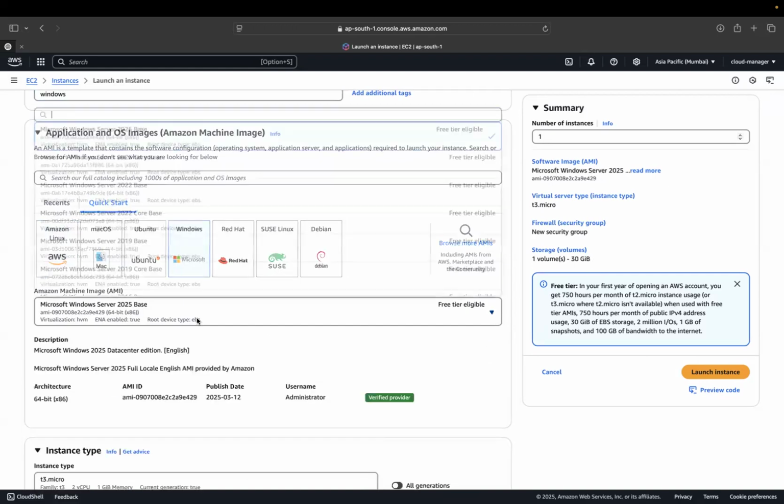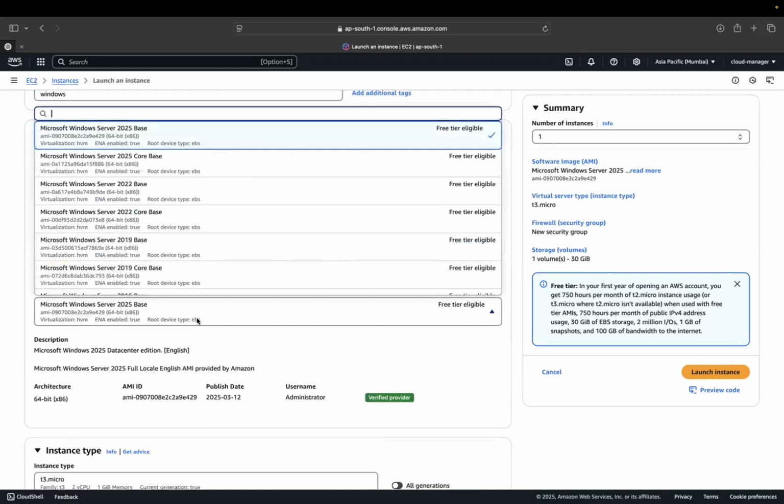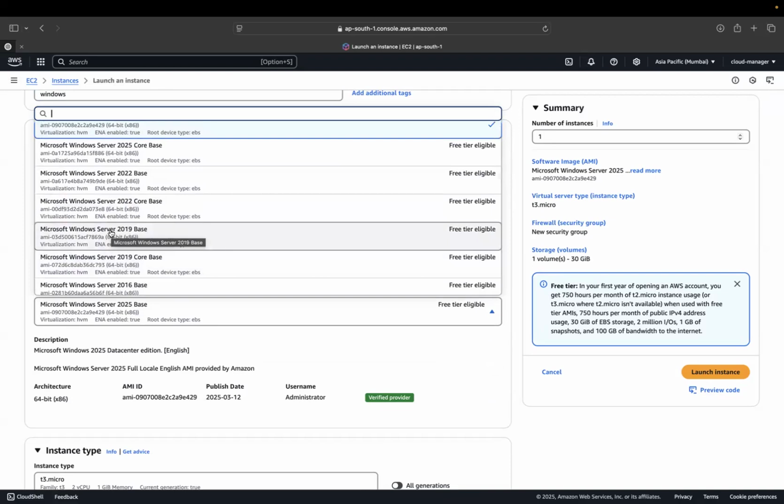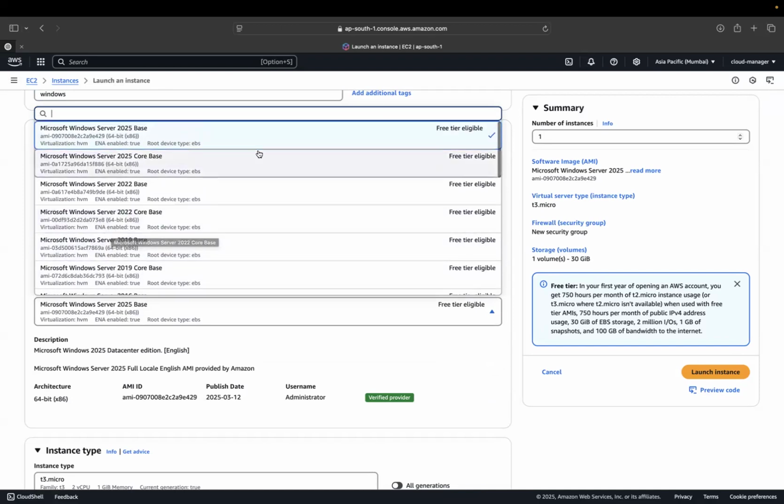And these are the available AMIs in Windows. You can see mostly everything is a server version. So you will not get desktop versions like Windows 7 or Windows 8. By default, you will not find those things. You will only find the Windows Server versions because this is something you're going to use for official purposes. It's not end user computing. So you can select the latest version of AMI, which is Windows Server 2025, and you can see the free